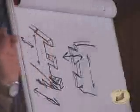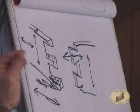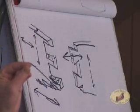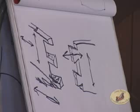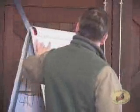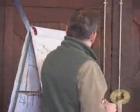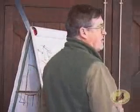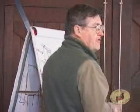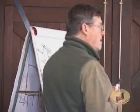We can see that having a nice fit in a glue joint is a wonderful thing. And this is where jigs, I would say, outperform hand cutting, in that you get glue area surfaces out of jigs that are fairly incredible, especially if they're set up right. The nice part about this joint is that these two masses of wood all tend to move at about the same speed and direction,